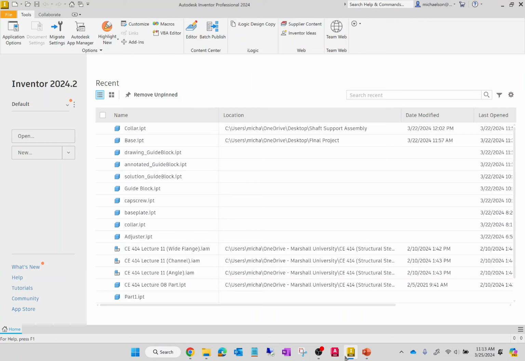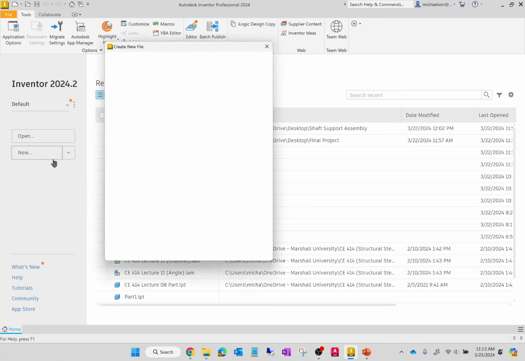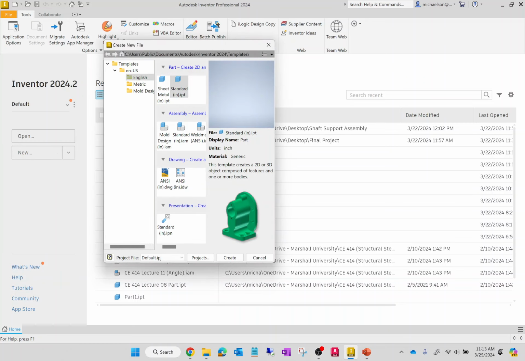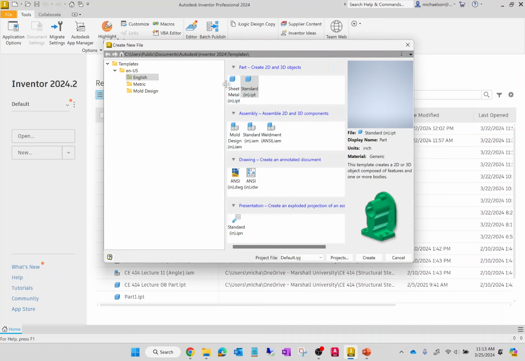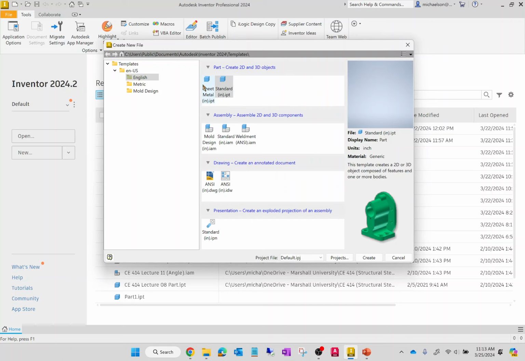So I have here Inventor open. As this handout's coming around, okay, so I'm going to hit New, and you get a template file that opens. I'm going to make this a little bigger so y'all can kind of see what's going on here on the screen. Okay, so I have here a series of templates that I can define,